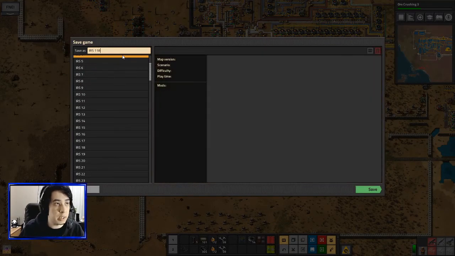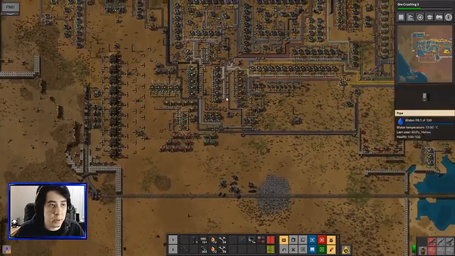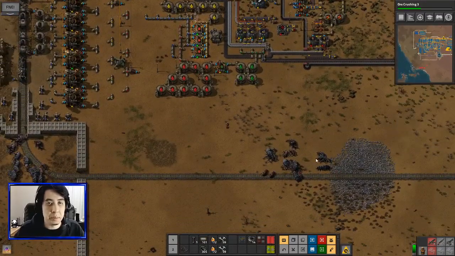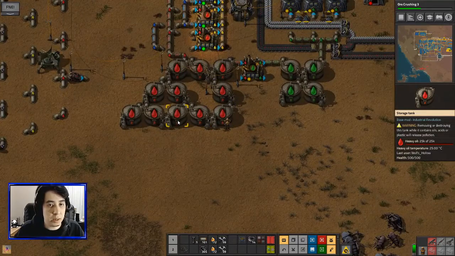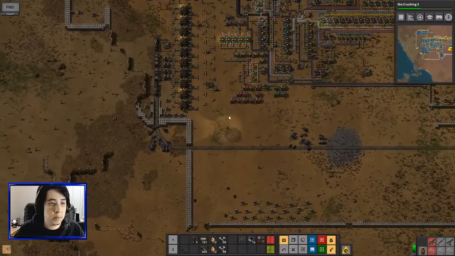Save. Haven't done one of those in a while, and I want to make sure that we're always on top of the saving, because if somehow we get super overwhelmed by biters, I want to make sure that we can go back a fair distance. All right, so